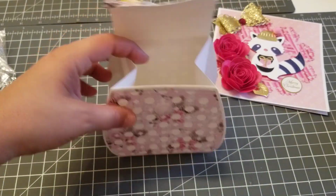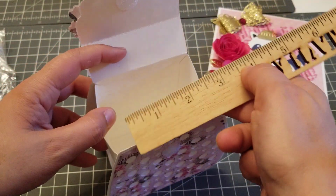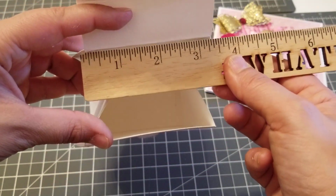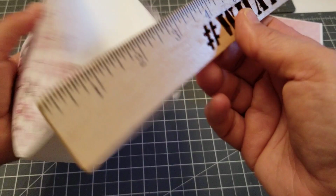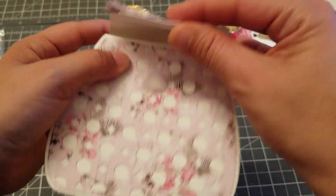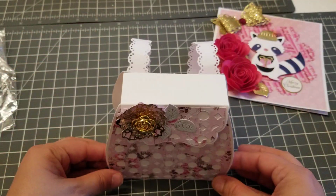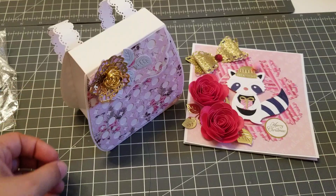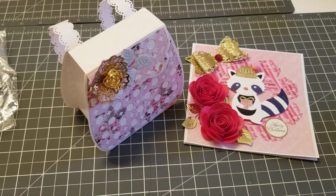Let's see. Inside, once you open, it's about 3 inches, and tall is 4. And then all you got to do is put your little Velcro dot. And there you go, this adorable little backpack. But yeah, just a quick little project share showing you some of the new dies from